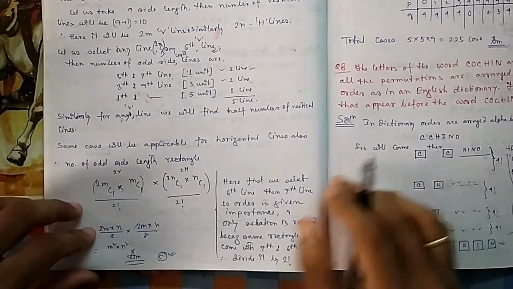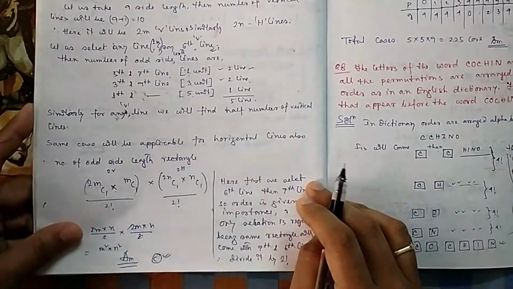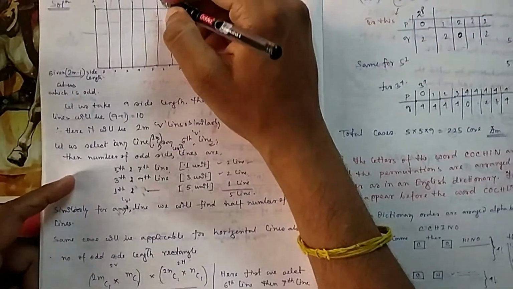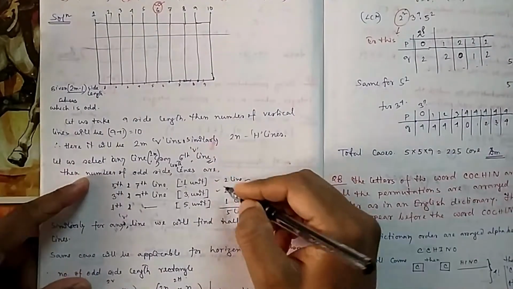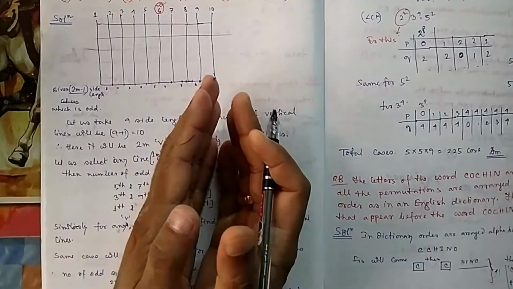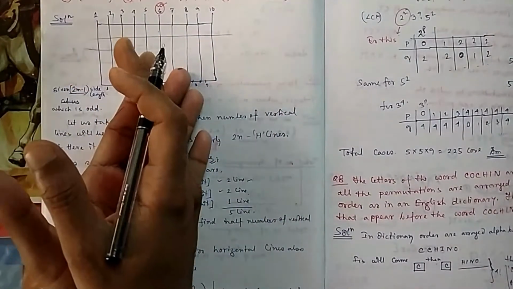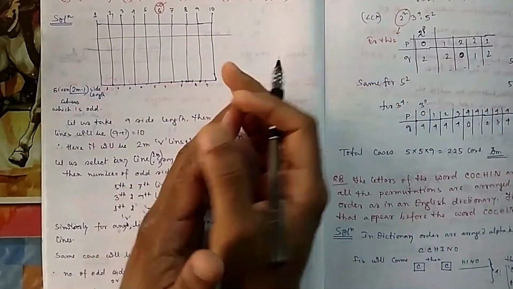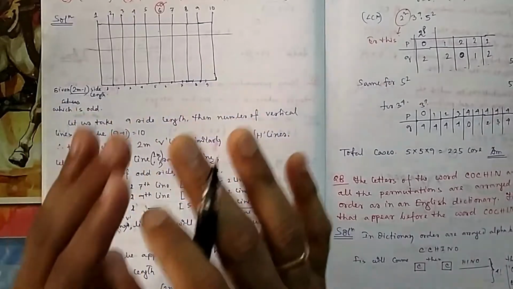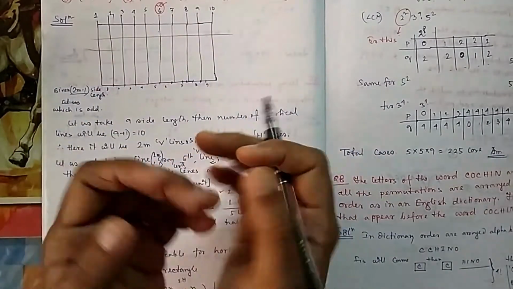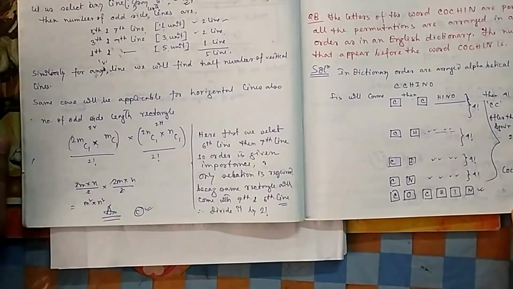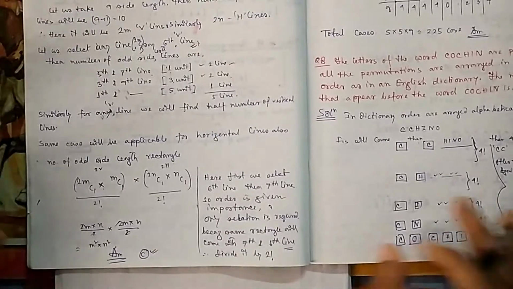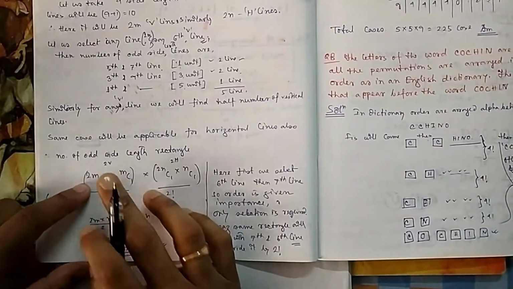Now one more thing: why is this division there? Because first you have chosen any line, then you have chosen another line. First you have chosen the 6th line, then another line. So you have given importance to order, which one we are choosing first and which one second. But here they are asking just for selection, just for the formation of a rectangle. Which one you choose first doesn't make sense. So that order, that identity, should be lost.